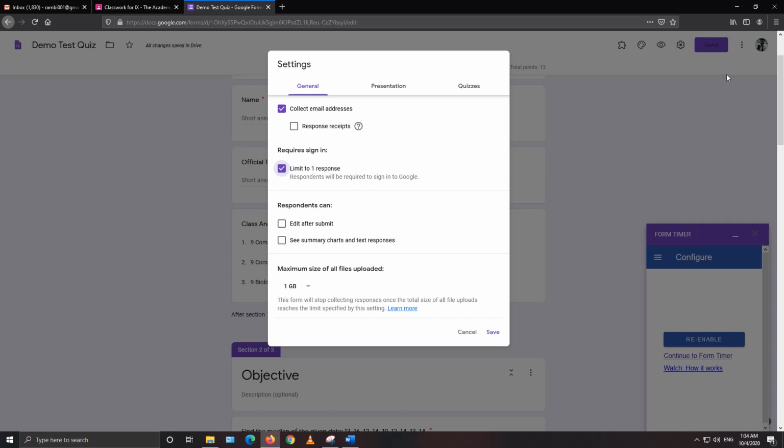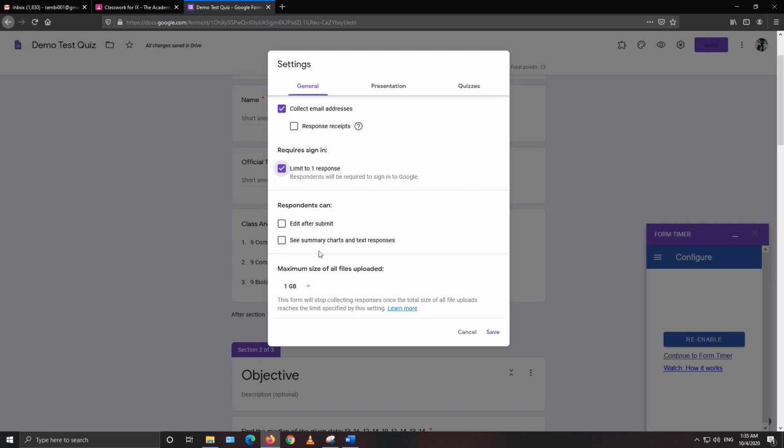Okay, for the moment I am not using my official The Academy ID, but you will be using your official The Academy ID. There will be one more check over here, and it says allow only the Academy ID, so you have to check that one as well, so that students outside the Academy ID will not be able to give responses.